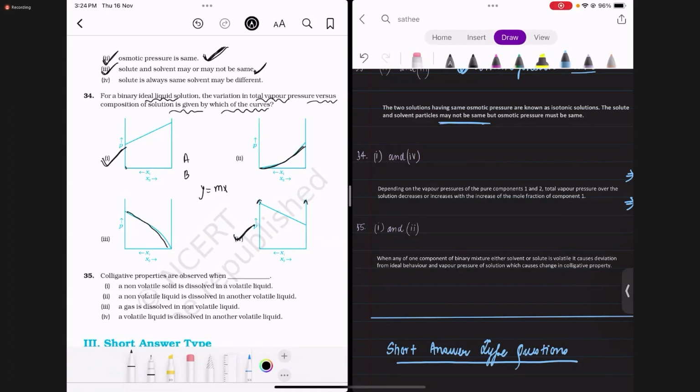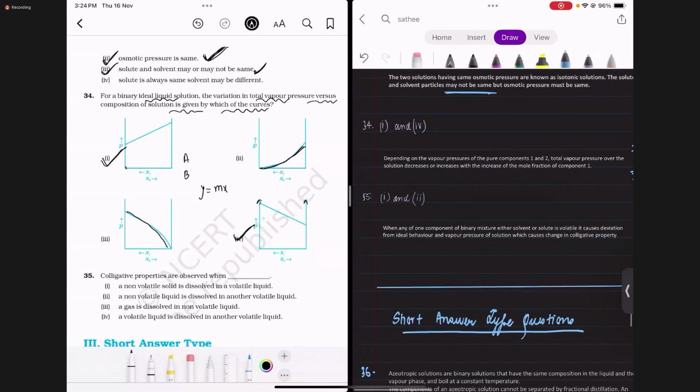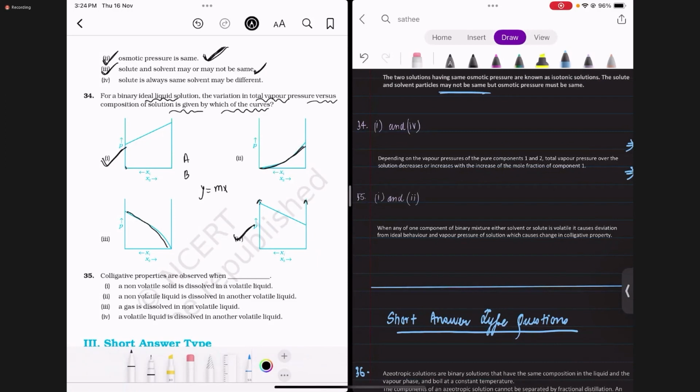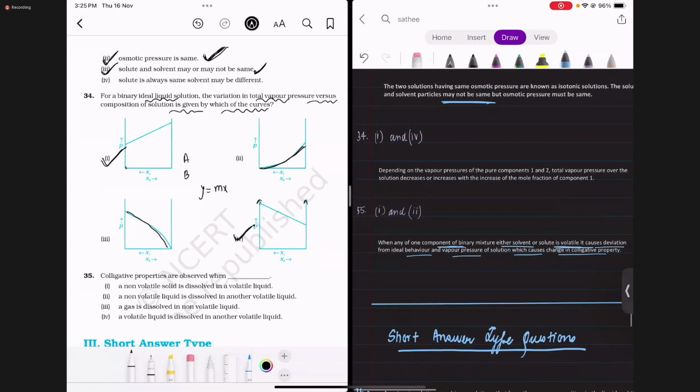Now we come to question number 35, that is colligative properties are observed when. तो हम colligative properties को कब observe करते हैं? तो कभी भी जो एक सॉल्यूशन होता है उसमें अगर एक कंपोनेंट वॉलेटाइल है, so it will cause deviation from ideal behavior and vapor pressure of solution which causes change in colligative property. तो जब भी एक वॉलेटाइल कंपोनेंट होता है,